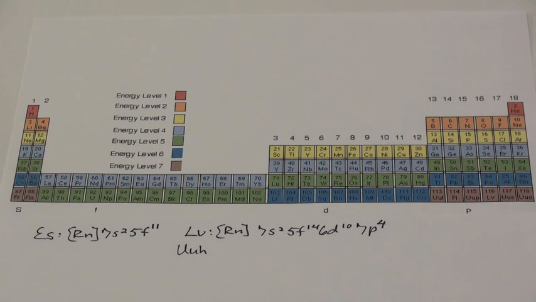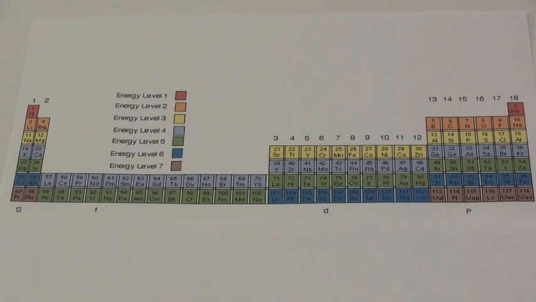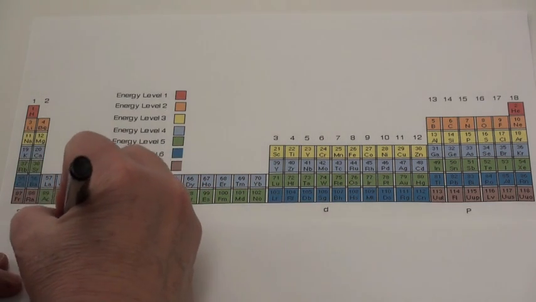There is one more shortcut called the last place electron, and that's even quicker than any of these. So the last place electron is even shorter than the noble gas shortcut. It's not always appropriate. Sometimes you need all of the electrons within the noble gas shortcut, but sometimes this is useful as well. So let's say you're getting the last place electron